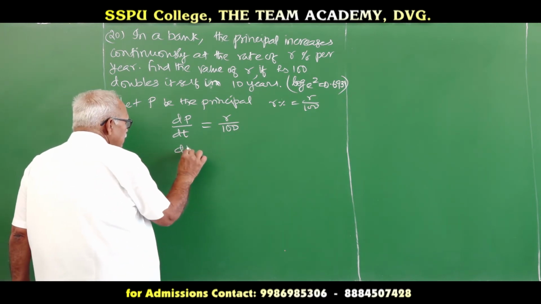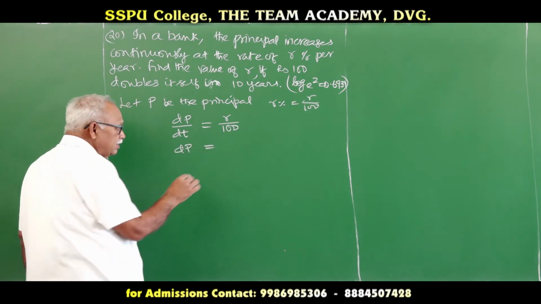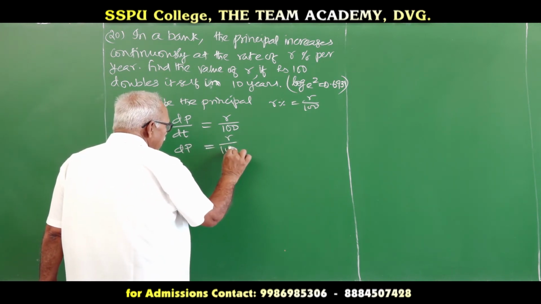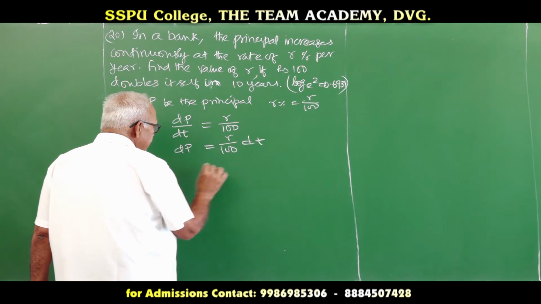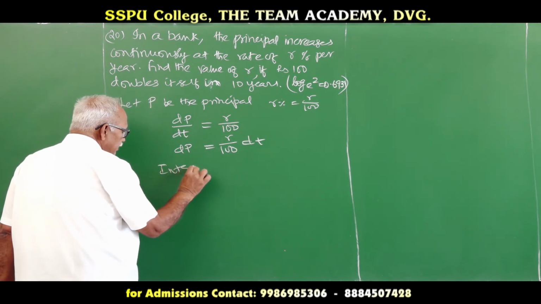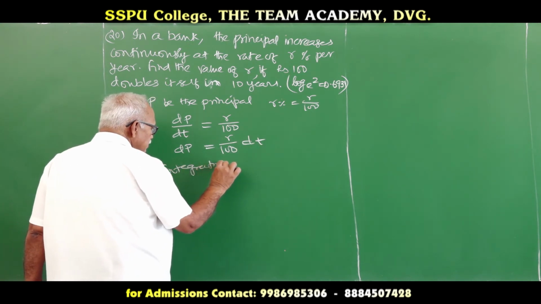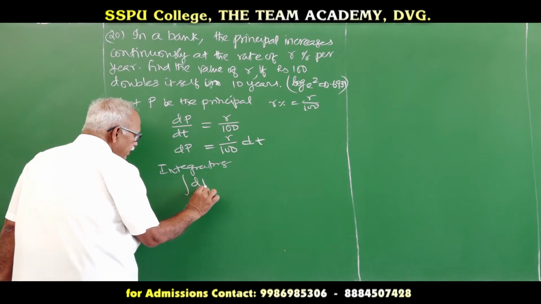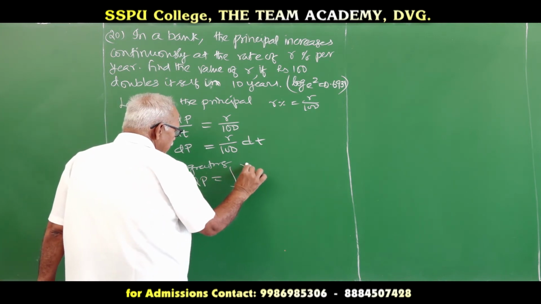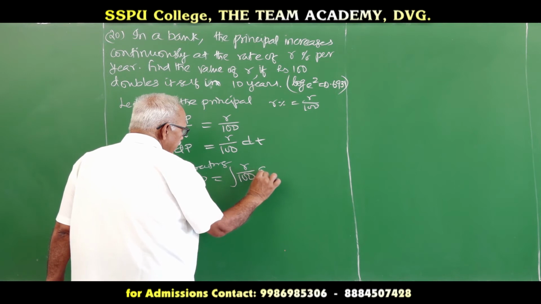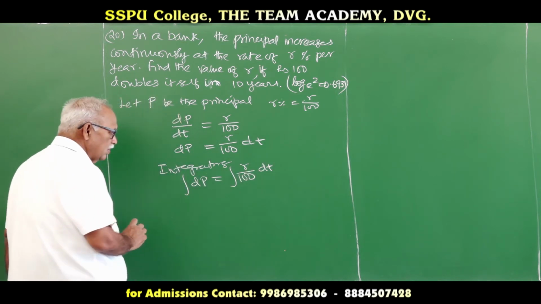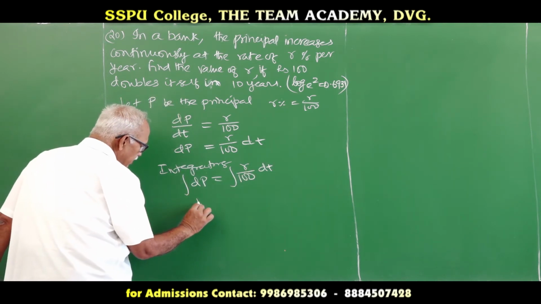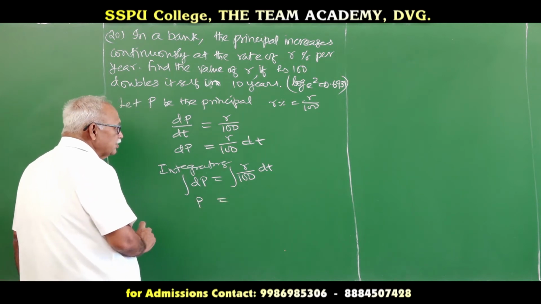So separate the variables. Here r by 100 into dt. Integrating, the next step is integration. Integration of dp is equal to integration of r by 100 into dt. So this integration is p is equal to